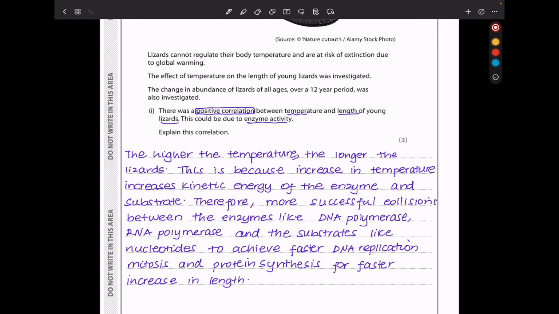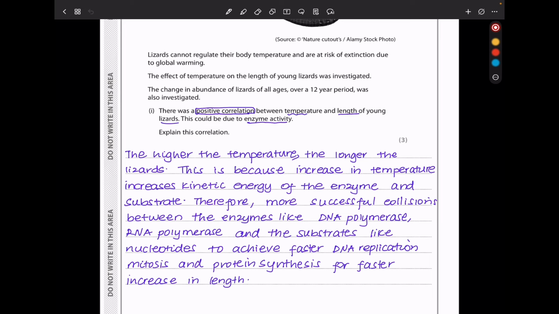So the enzymes include DNA polymerase, which is involved in replication of DNA, and RNA polymerase, involved in formation of messenger RNA that is later involved in protein synthesis. So more proteins are going to be made, more DNA is going to be made, more mitosis is going to occur, and there is going to be an increase in length. So I said, and the substrate like nucleotides, to achieve faster DNA replication, faster mitosis, faster protein synthesis,